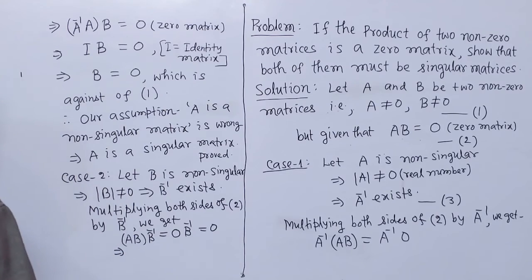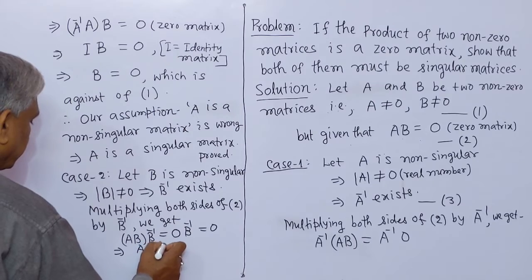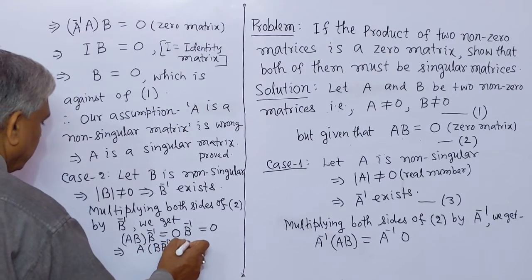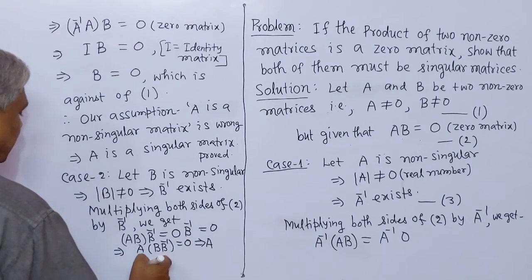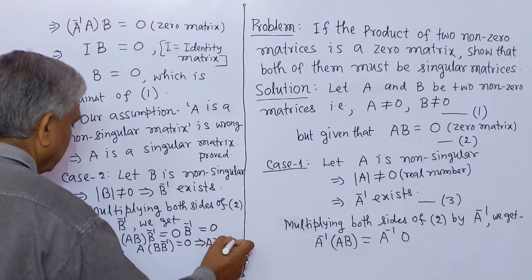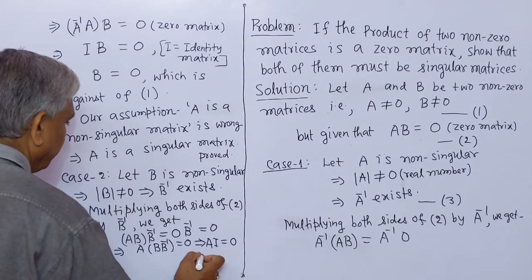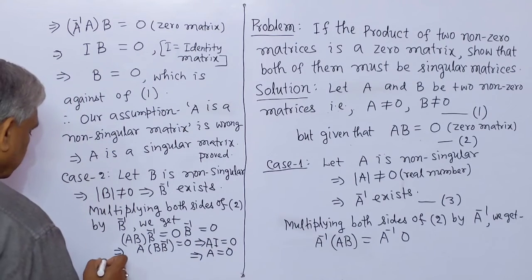This implies that B B inverse is the identity matrix, AI equal to 0, which implies that A equal to 0, which is